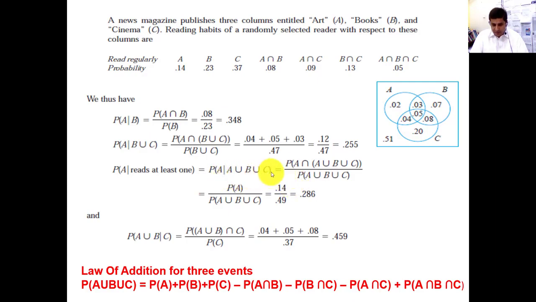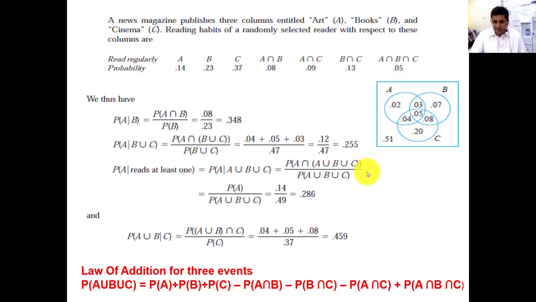you need to consider this as a single entity, probability of A given Z. Just like in this formulation, probability of A intersection Z, let's suppose this is Z. So this will be A union B union C divided by the probability of A union B union C, because this is given to us. So once again, what is A union B union C? A union B union C is this whole area. And in this whole area, what will be common with A? A will be itself common.